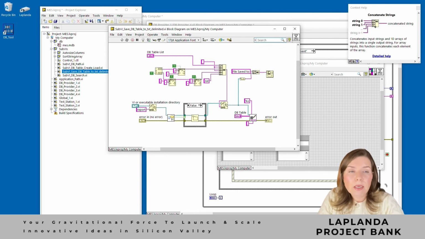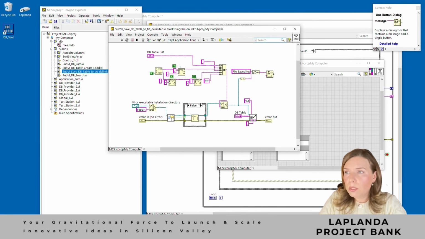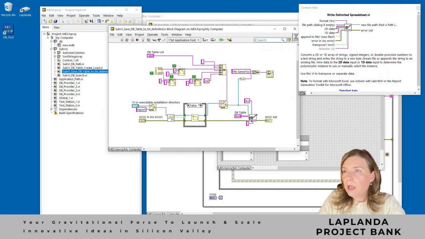Since the time format includes colons and slashes, which are forbidden characters for the file creation, we replace slashes and colons with hyphens and spaces. We also create a pop-up message for the operator showing the directory where the file will be saved. And when saving the spreadsheet file using write delimited spreadsheet function, we can see the details in context help. It converts 2D or 1D array of strings, signed integers or double precision numbers to a text string and writes the string to new byte stream file or appends the string to an existing file. For this function, we need to specify the delimited character, which in our case is a comma,